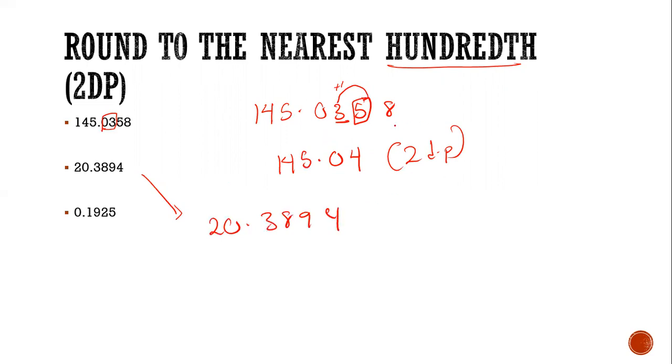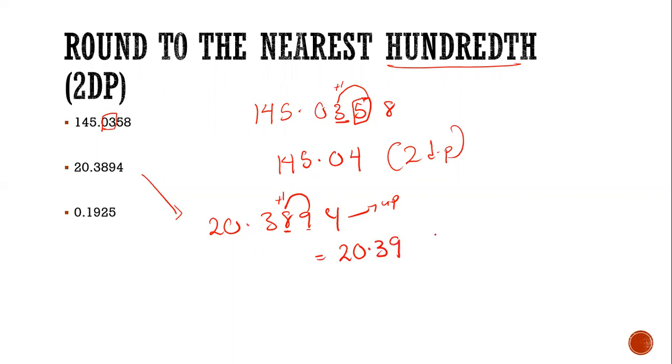20.3894. Where is the 100 here? The second decimal place. 8. Okay. Well, what is the number after the 8? It's 9. Is 9 5 or more? Yes, that's greater than 5. So we round this up. Okay, round up. So we're going to just add 1 to the 8. That becomes